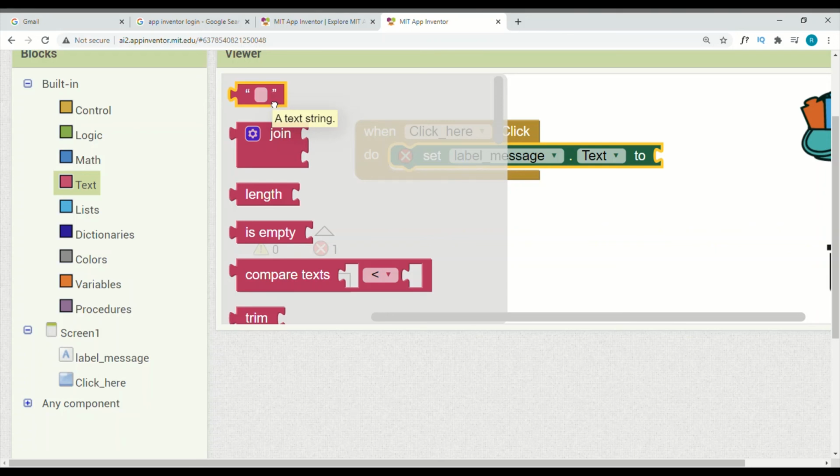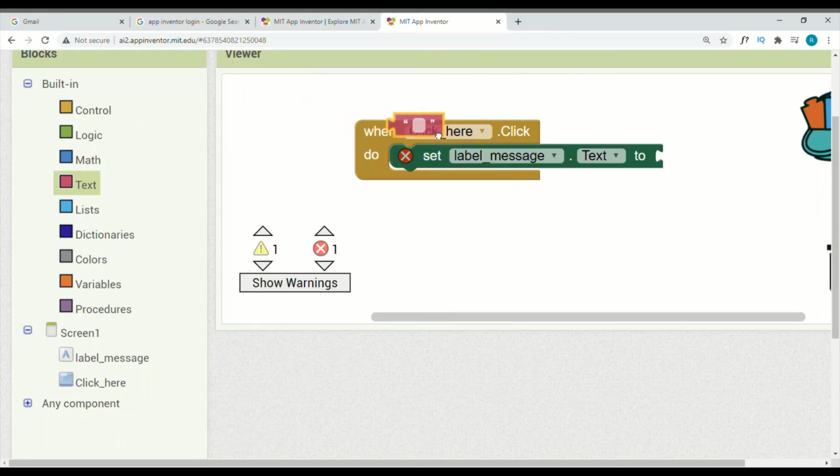Drag the text string block to the workspace and snap it into the socket of the set label message text block. Once it is set into the label text message, now we have to give the text in the empty text box.